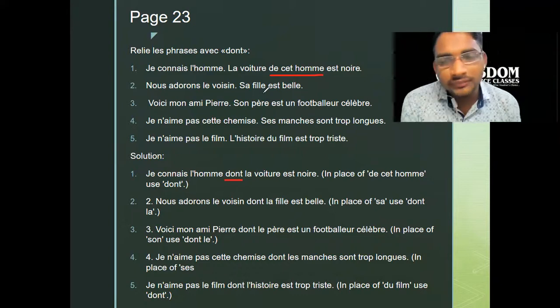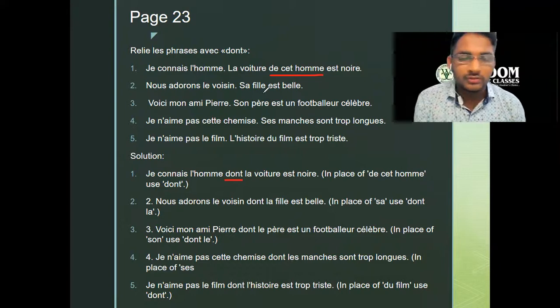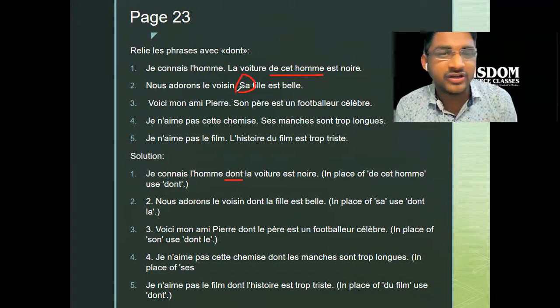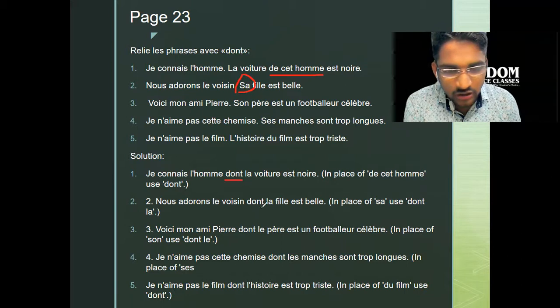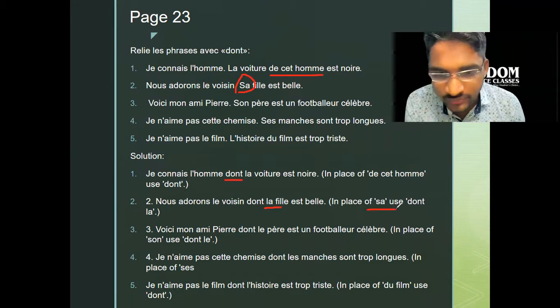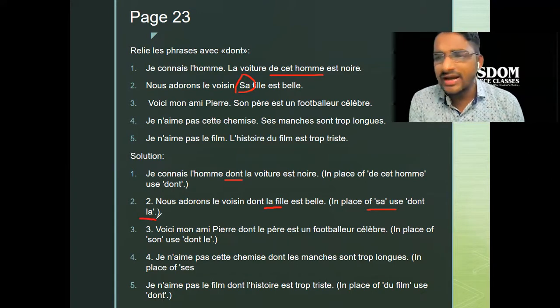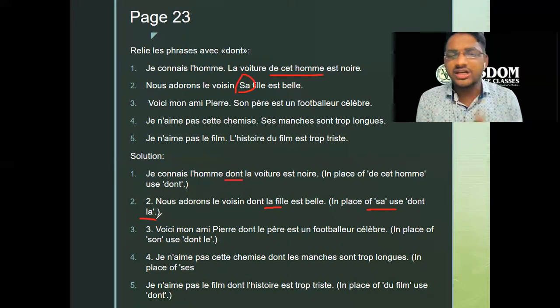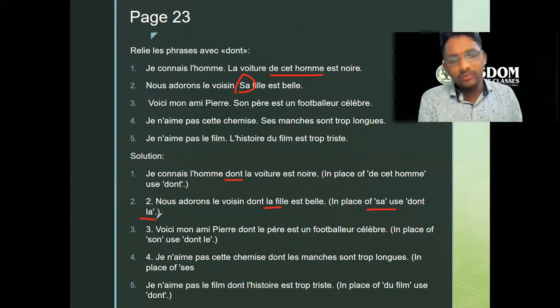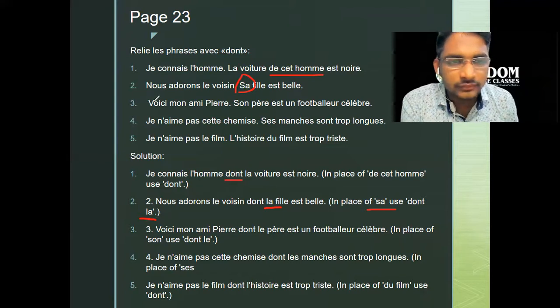we adore the neighbor, his daughter is beautiful. Okay, we adore the neighbor, his daughter is beautiful. चलो तो स्टूडेंट्स अभी देखो यहाँ पे एडजेक्टिव पॉसेसिव आया, एडजेक्टिव पॉसेसिव विल चेंज टू, मैंने अभी बताया था डेफिनेट आर्टिकल। सो वी अडोर द नेबर of whom the daughter is beautiful. देखो यहाँ पे मेंशन भी किया हुआ है that in place of sa use dont। क्यों, ये रूल है, एडजेक्टिव पॉसेसिव को निकाल देंगे। इंग्लिश ट्रांसलेट करके चेक कर लो ना। वी अडोर द नेबर of whom his daughter is beautiful नहीं सेंस करता, of whom the daughter is beautiful।